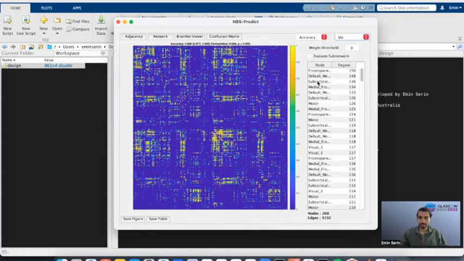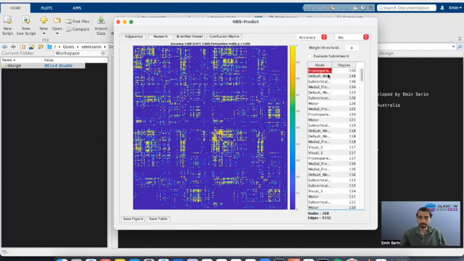There is also a table showing the nodal degree for brain regions in the outcome network. The nodal degree basically means how many connections a node makes with the rest of the network. So it directly represents the importance of a brain region in a given network.